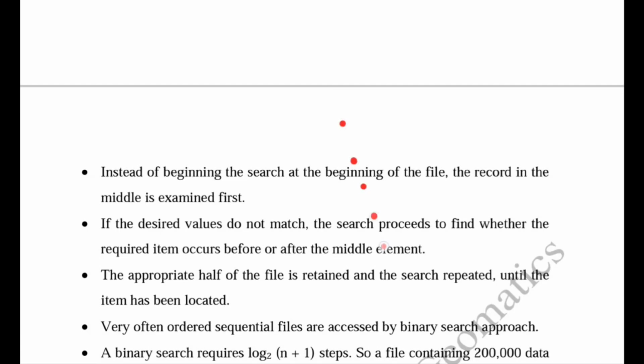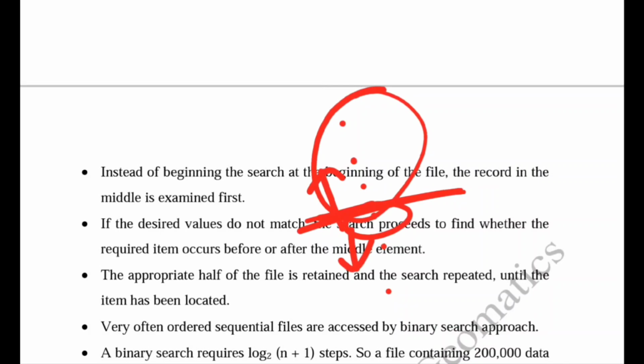If we assume the searched item is below the middle, the computer will not search the items above; it will search the items below until it is found.